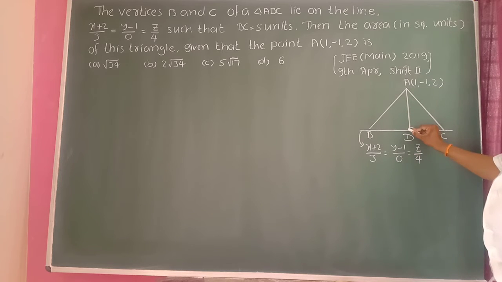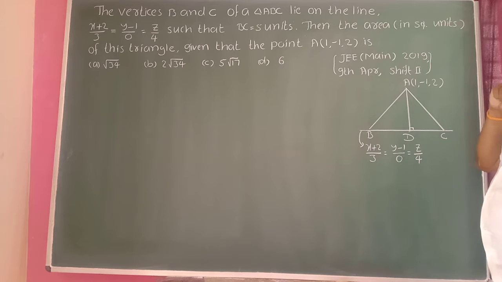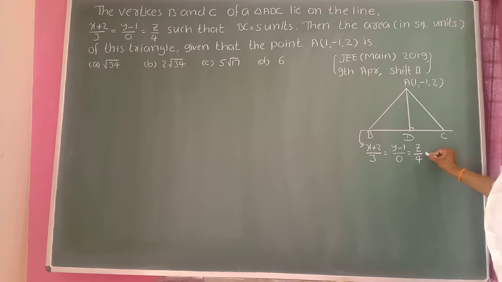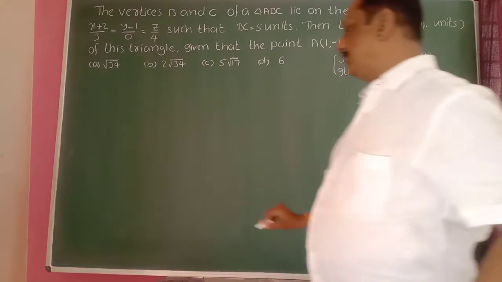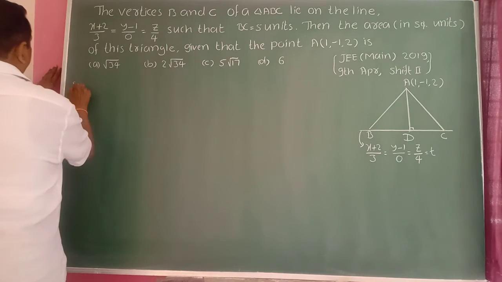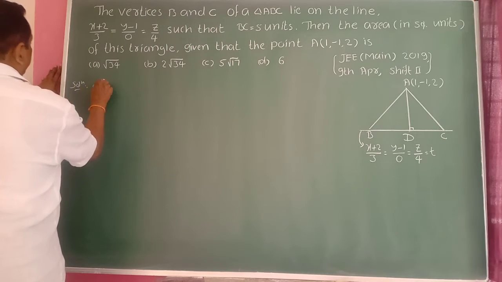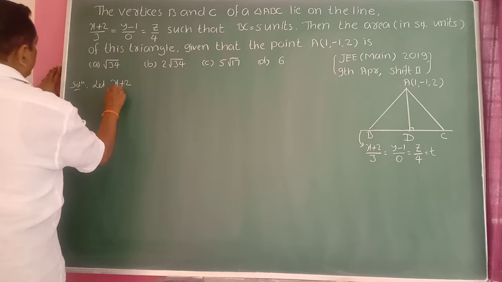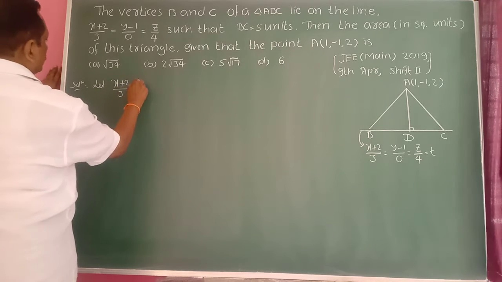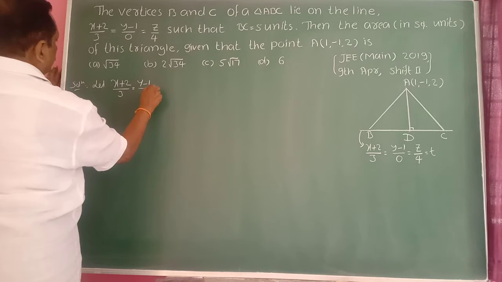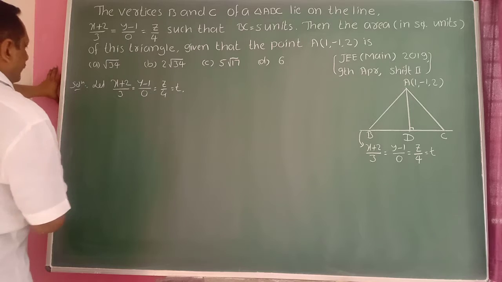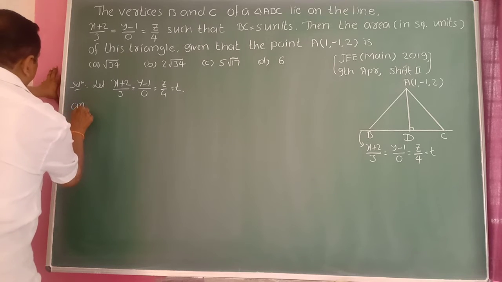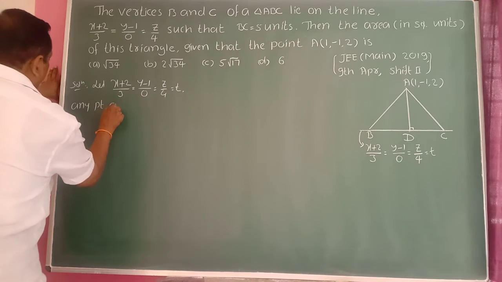Therefore, first you find D here. Consider this line as equal to some constant. Any point that lies on this line is of the form: let (x + 2)/3 = (y - 1)/0 = z/4 = t. Therefore, any point lies